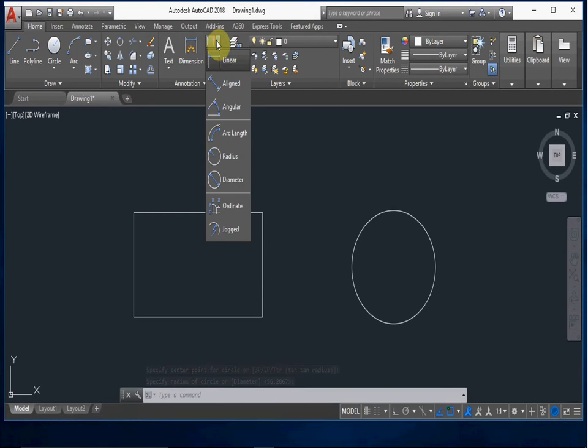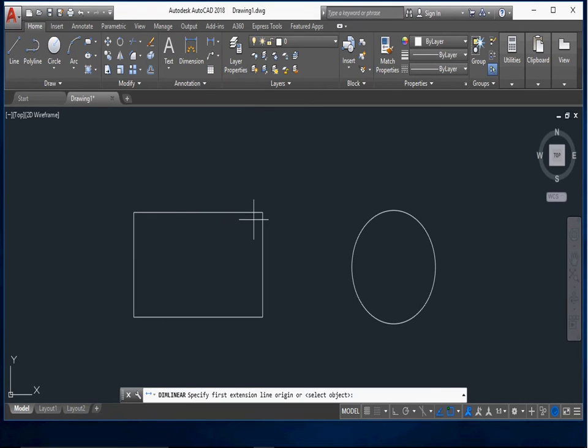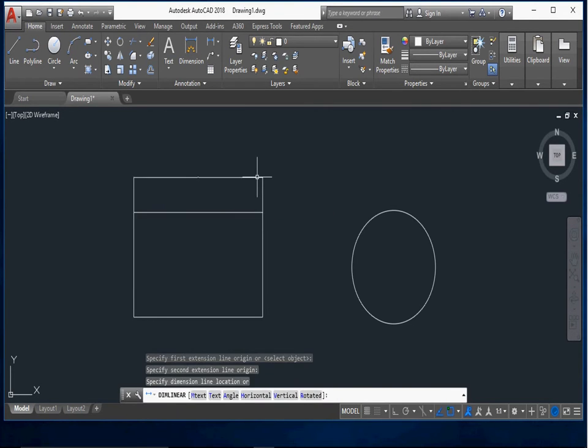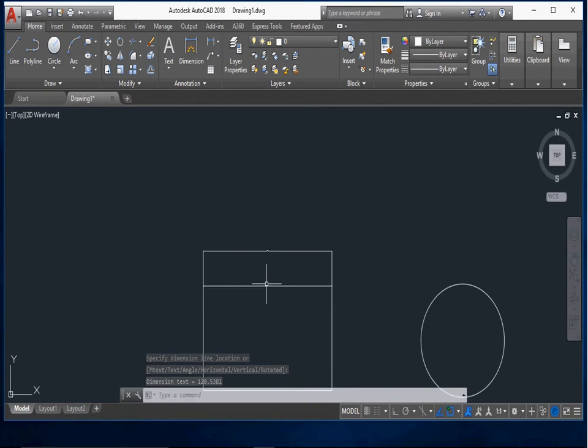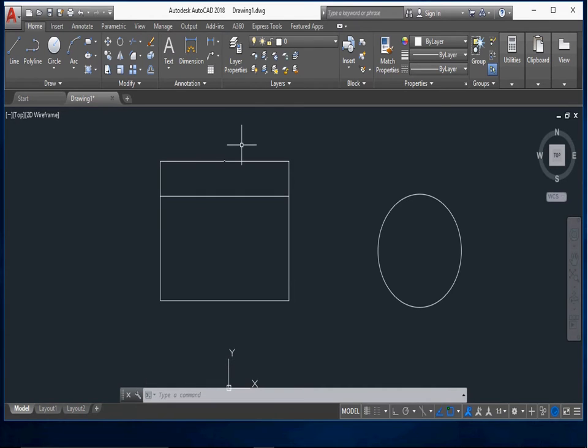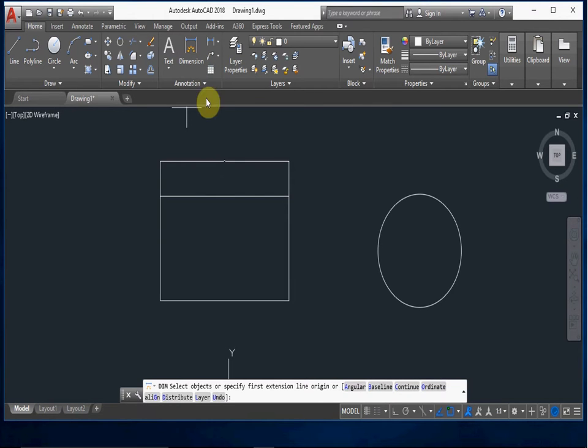Linear dimension, if we want to take it, first we select this point and then this point, then this is the dimension. The dimension size is very short. Then now change the dimension style. For changing the dimension style we take this, annotate, dimension style,